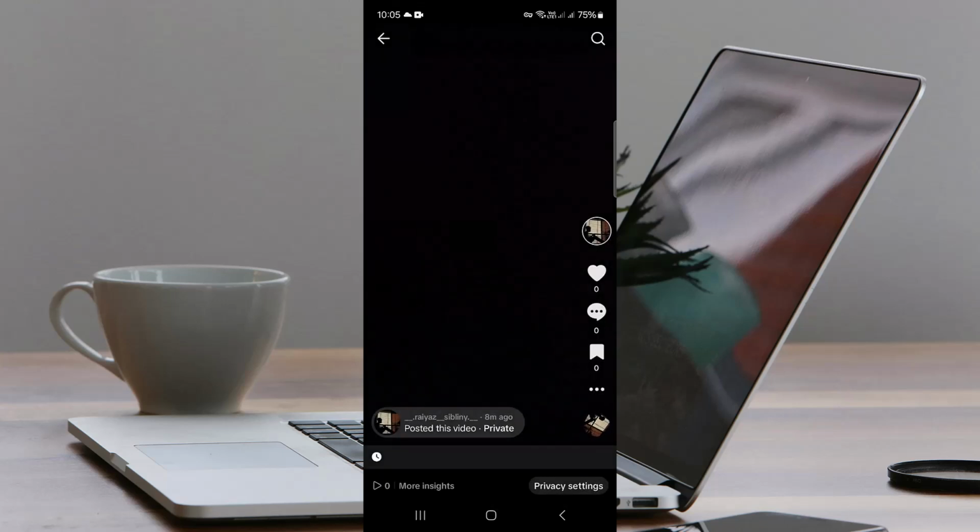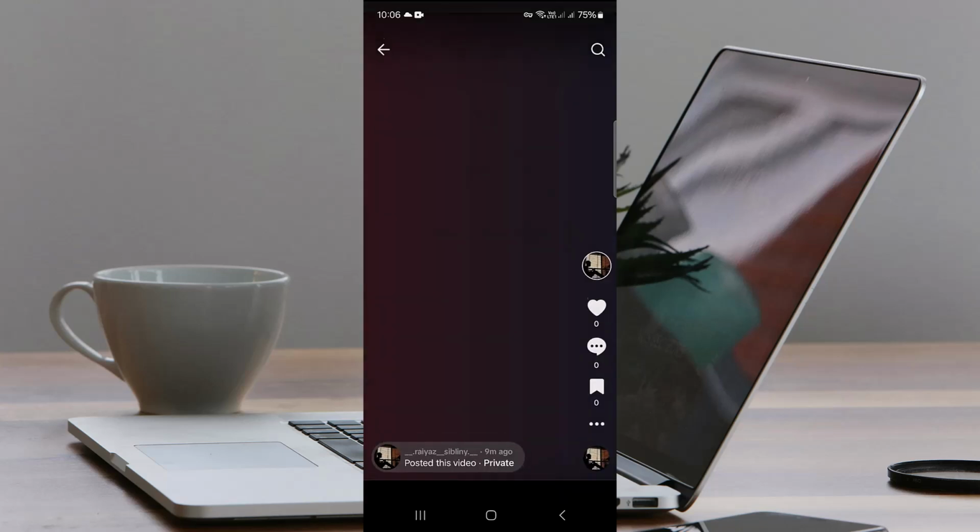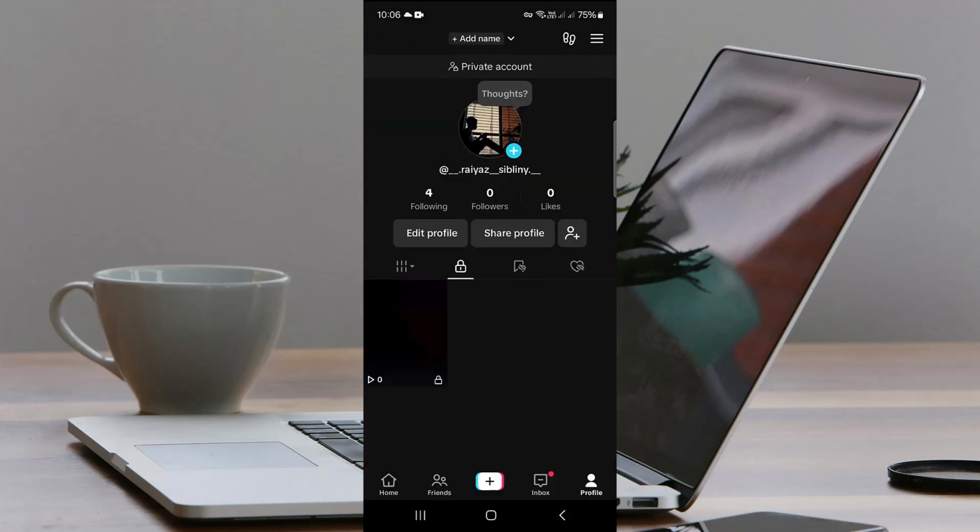video. So yeah, if you just go back, it is now currently in this section, moved from here. So this is in the locked section so that only you can see this. So yeah, this is how you can just make your